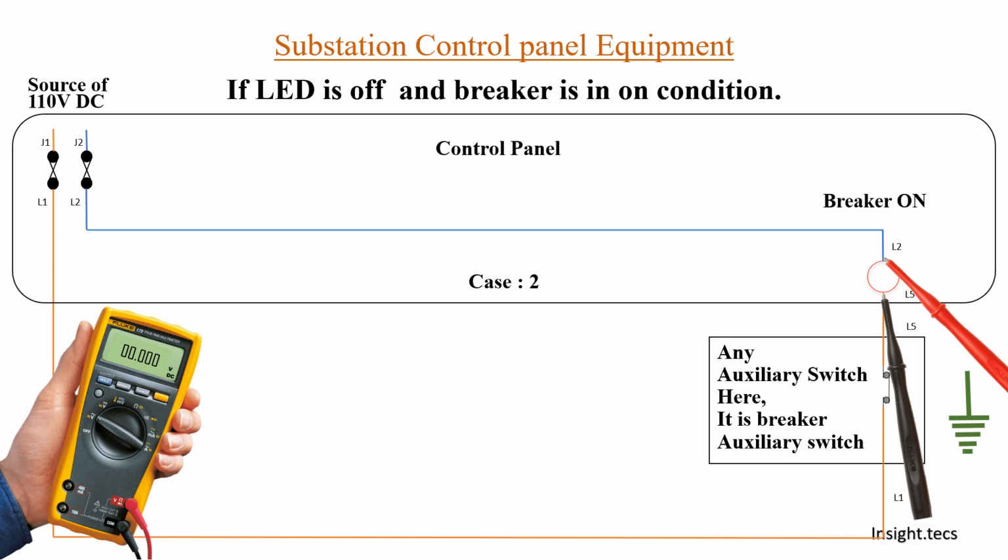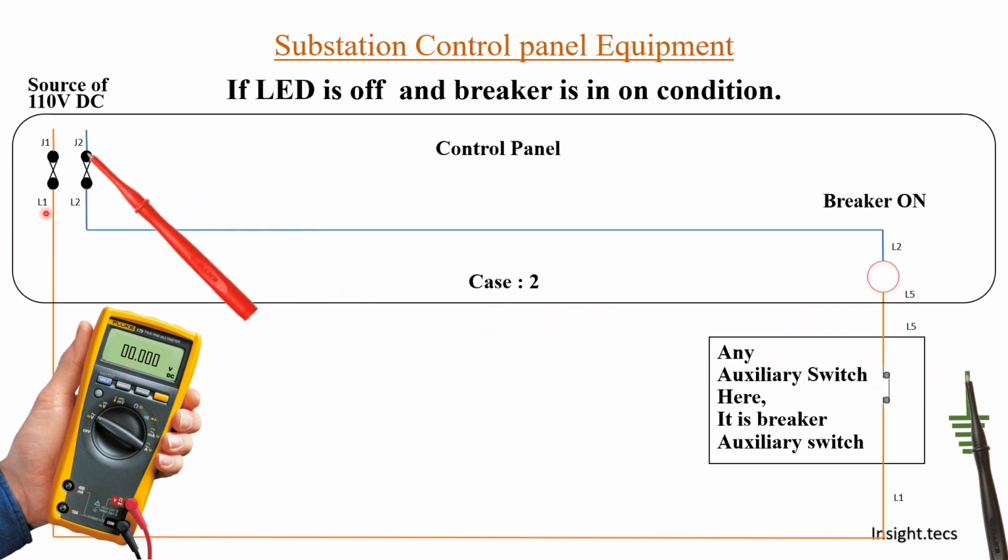Let us now measure voltage from LED to ground. See, in this case, what is happening right now is, whenever you are measuring the voltage across the LED, you are not getting the voltage. So now let us measure it across the ground, in reference to ground. See, this is L2, that is negative, and you are measuring it with reference to ground. Okay, what you are getting is minus 55 volts. Okay, you are getting negative 55 volts. That means till here the circuit is complete. What happens if you do not get this minus 55 volts? Say you are getting 0 volts.